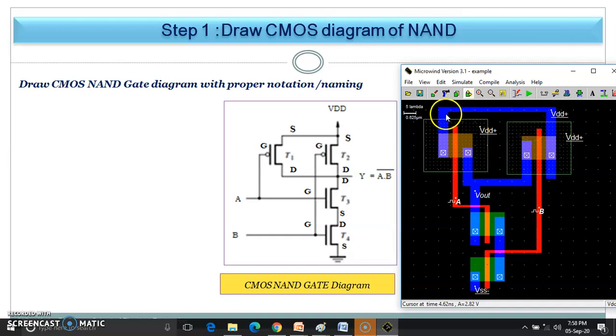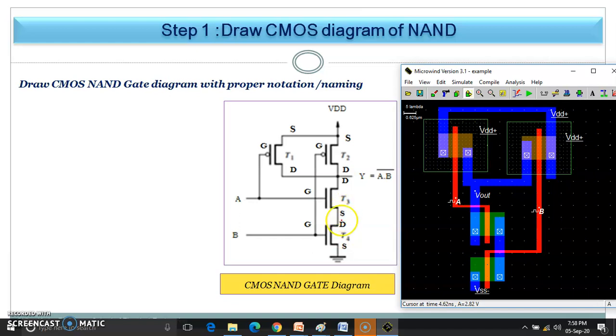I have considered this as a source and this as a source, but you can take this as a source and this as a drain, like this. So the sources are connected and VDD is given. Now, to avoid the floating effect, I need to apply this VDD to the N well to avoid body effect. Now the drains of the two PMOS, since these are the sources, this will be the drain. They are connected together over here, and the drains of the NMOS are again connected together to form the output. So here we have taken B out. Hope the things are clear.